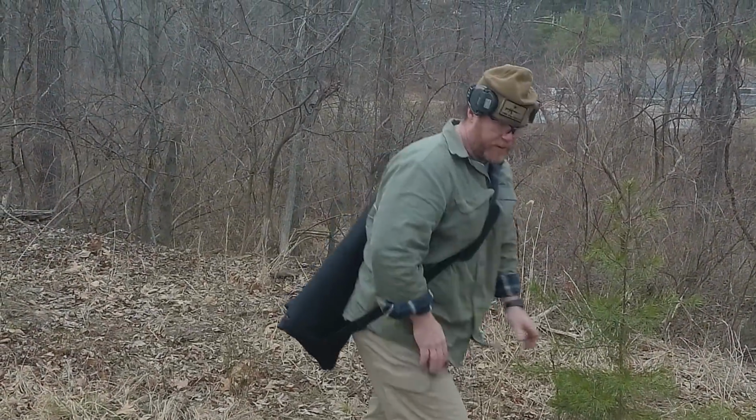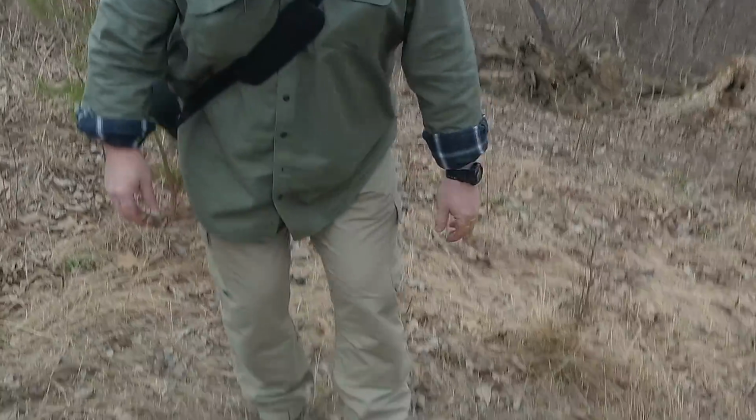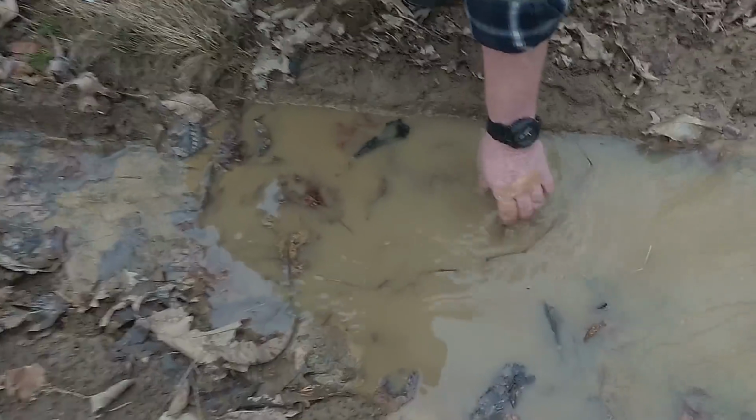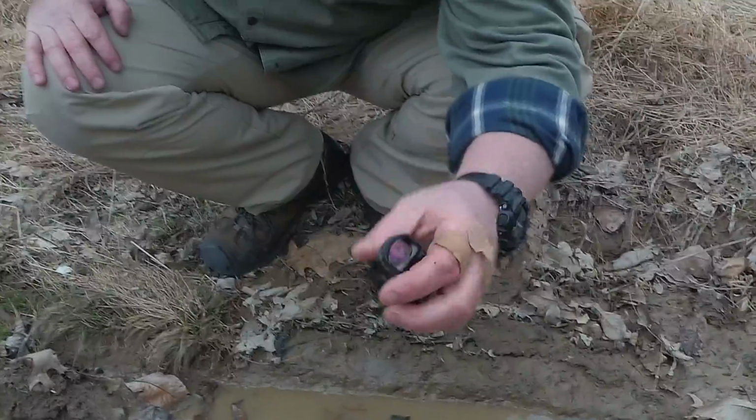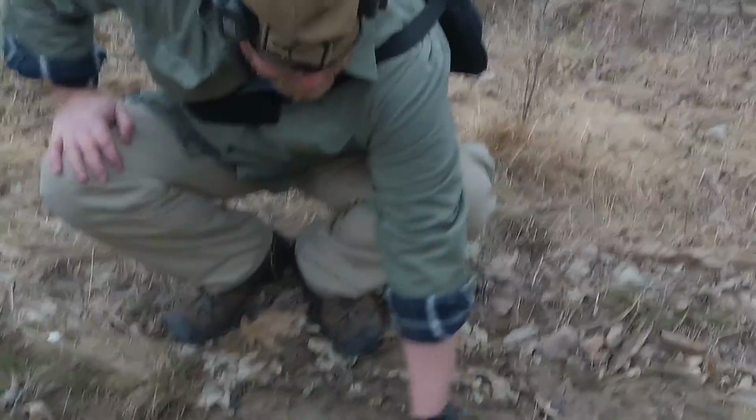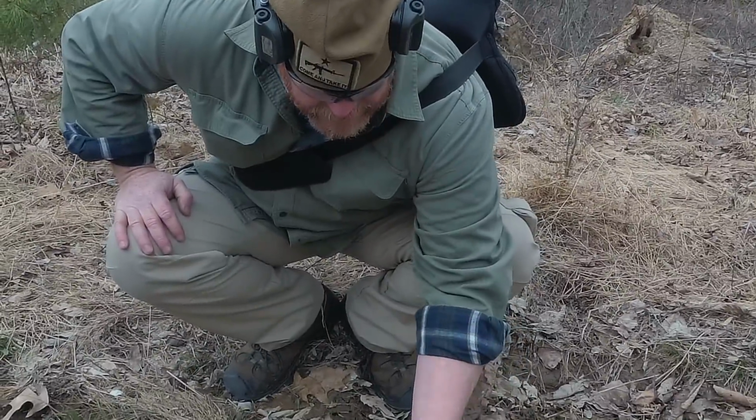Alright, I think it's been long enough. Let's go ahead and pull it out of the water here if I can find it. There it is. And wash it off. So there it is, guys. She's still running. I don't anticipate we're going to have any problems with this thing because the IP67 is pretty